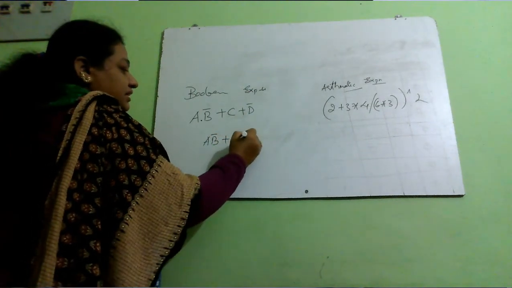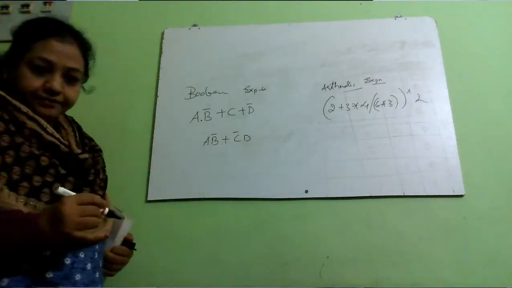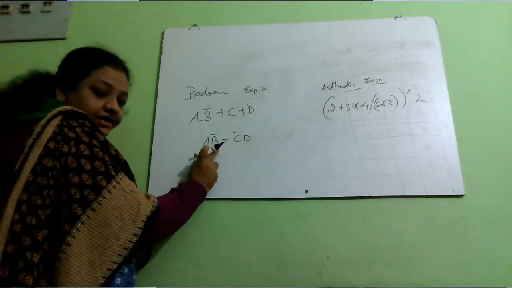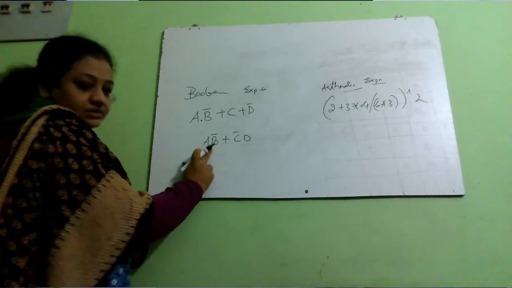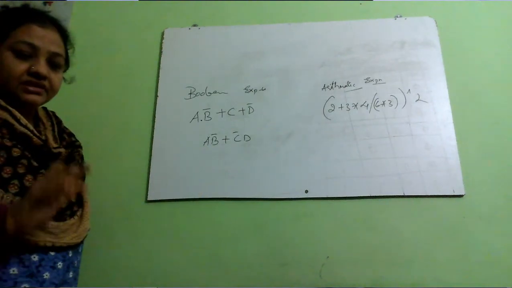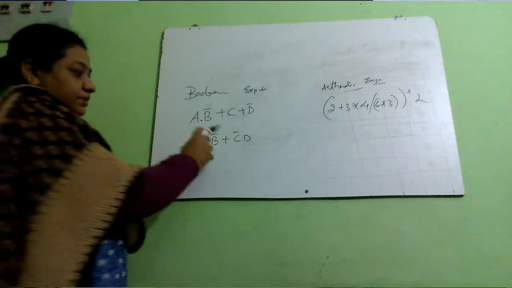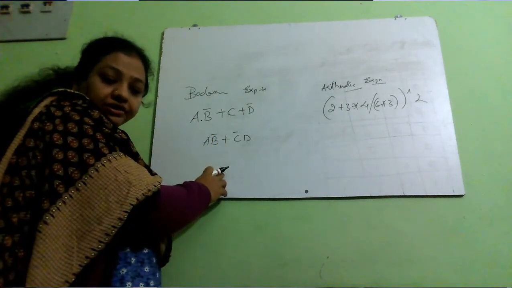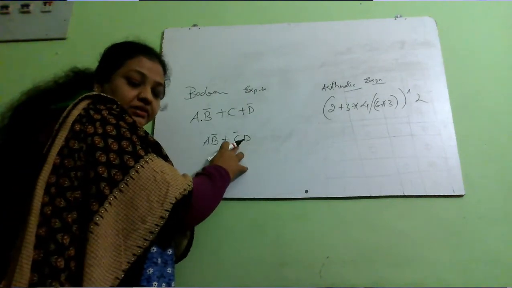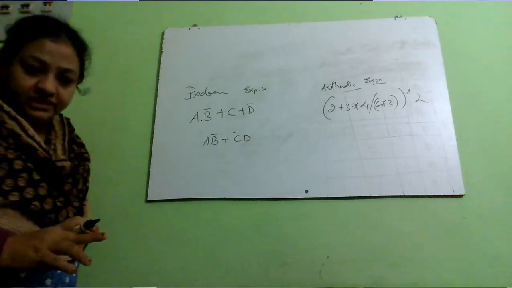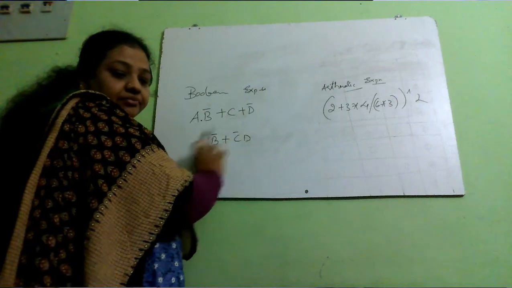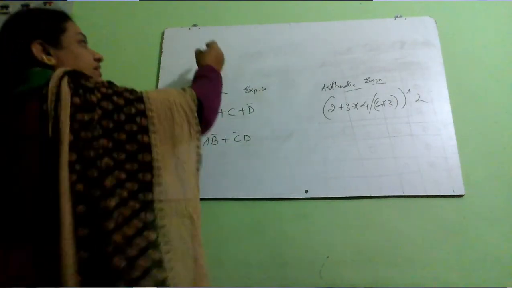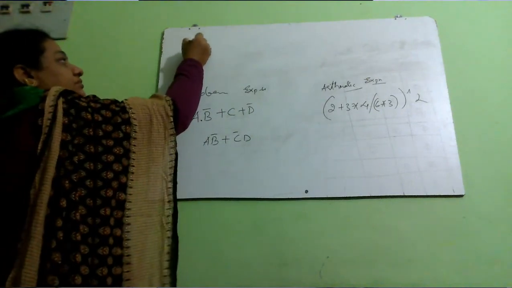So here we have x, y and z, three inputs. 2 to the power of 3 is 8, so there will be 8 combinations of inputs that can be given. To draw the truth table, for the first input we alternate 0, 1, 0, 1, 0, 1, 0, 1. Then for the next input, 2 zeros, 2 ones, 2 zeros, 2 ones. And for the third input, 4 zeros, 4 ones.